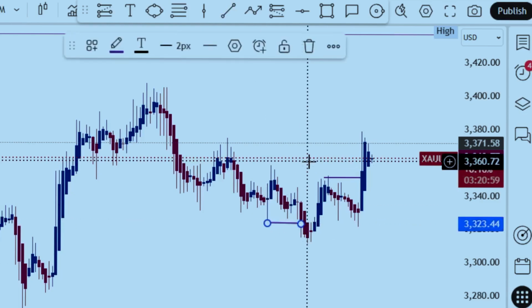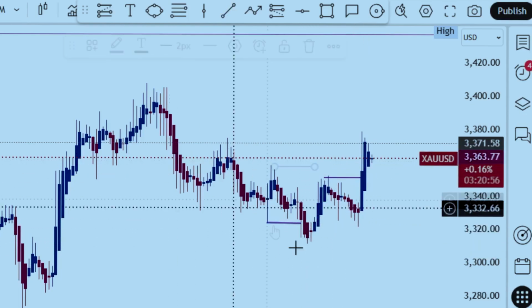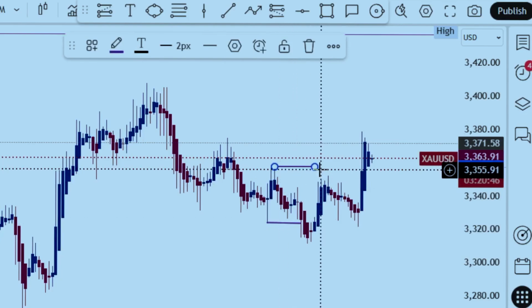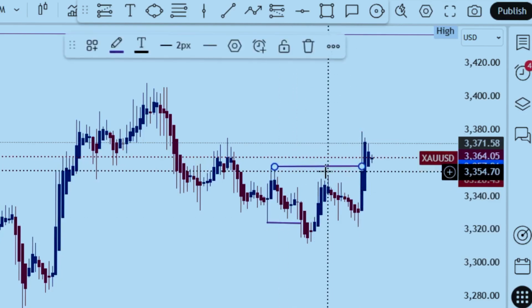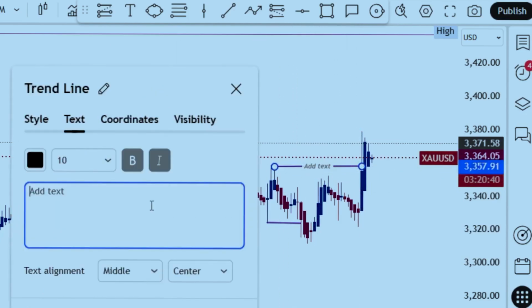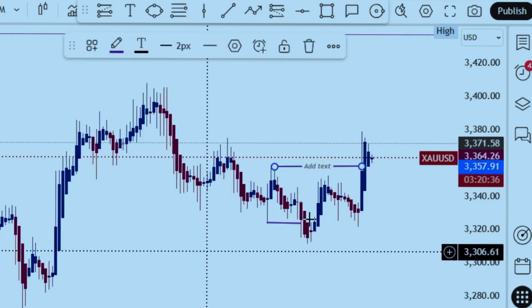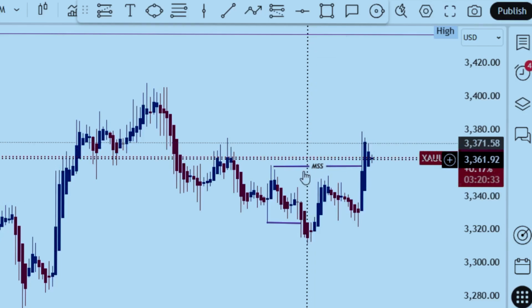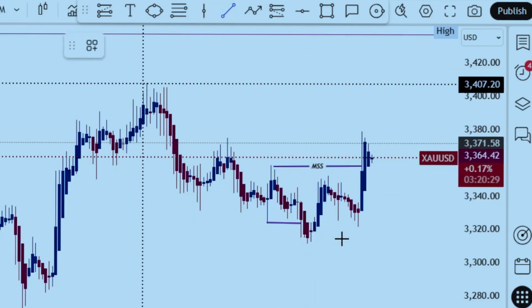Then we'll go down to the 1 hour and we know what we have. This is the low that led to this high. So the break of this high is a change of character, right? So for the 4-hour time frame, we have a market structure shift here. So since we know we are bullish now, because this is bullish, we have been downtrending around here on the